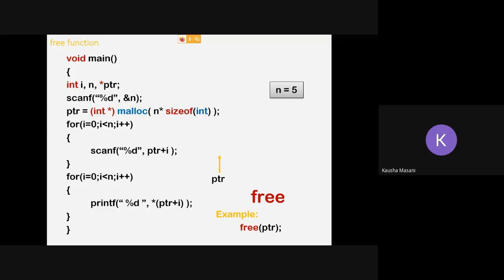What you have to do in your 4th window, you have to create a switch case structure. In case 1, copy paste the program, or say the logic of your malloc, this n star size of integer.